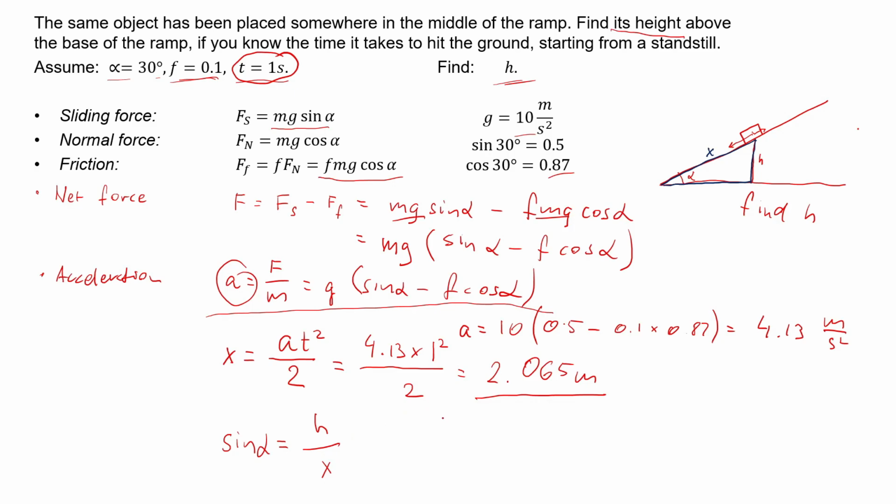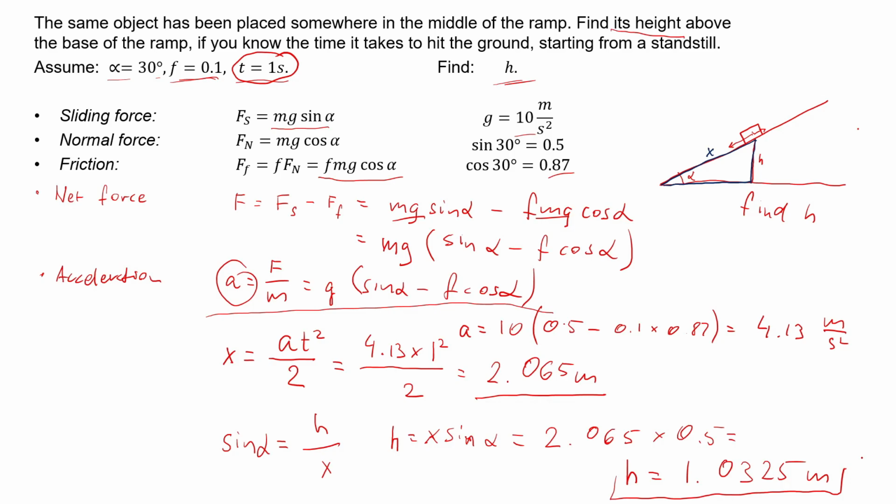From this, we just need to find h, the height, so I need to multiply both sides of this equation by x, so h is x sine alpha, and this is very simple to calculate, because x is 2.065 multiplied by sine alpha, which is 0.5, and the result is h equals 1.0325 meters. That's the solution of our second